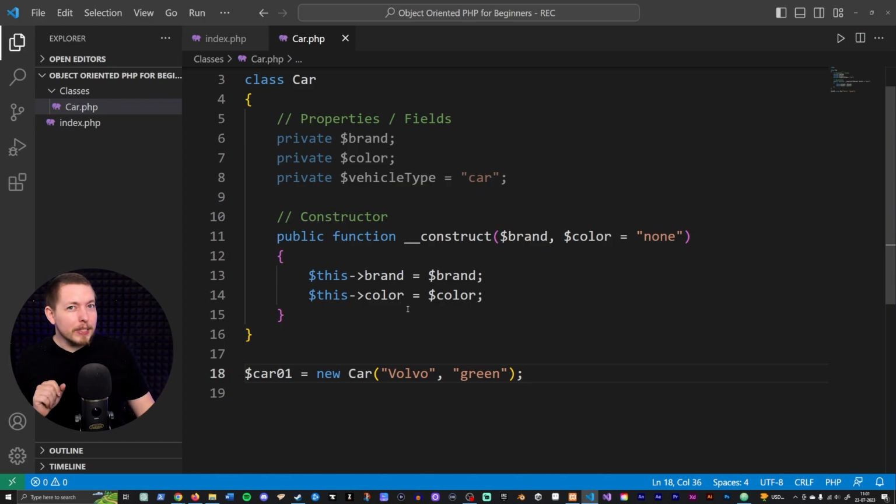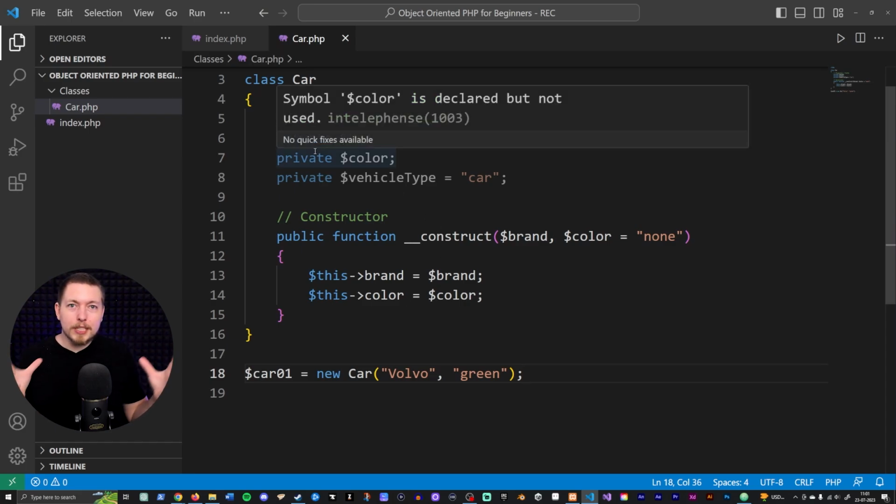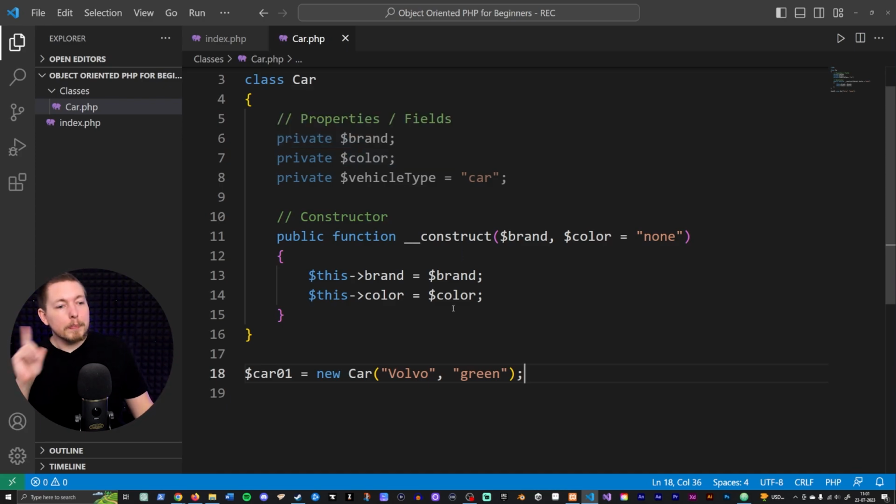Now, one thing you might be thinking is, well, okay, so how can we use this object that we just created? What is the purpose of creating these objects here? Well, the purpose of an object is to be able to access any sort of properties or methods that we have inside a class or inside an object, because the object has all of these properties and methods inside of